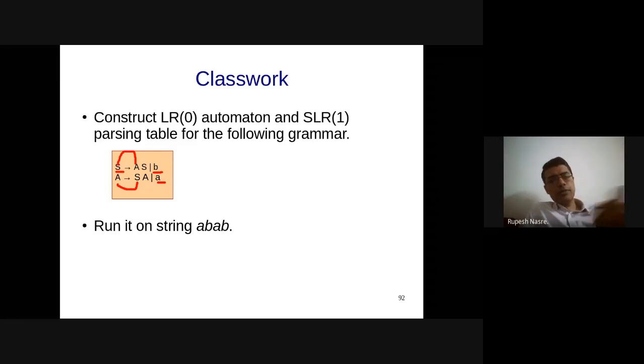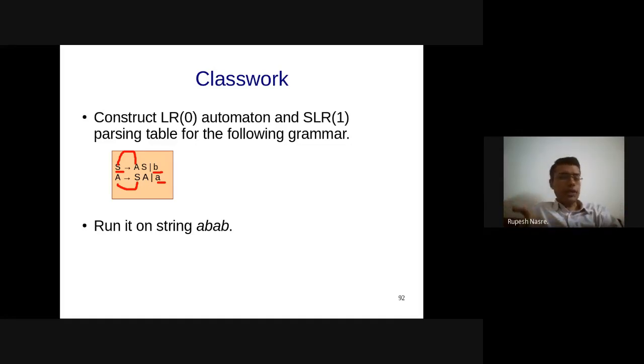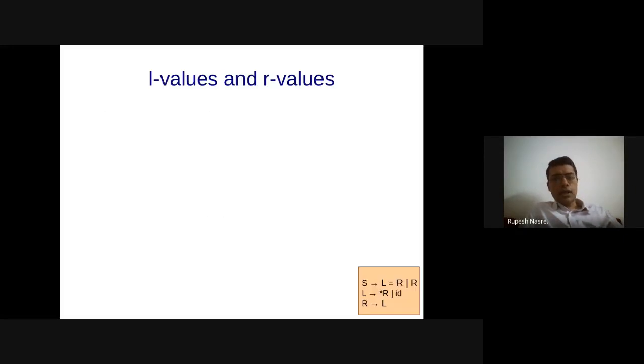Once we have the parsing table, we can run it on ABAB, which means that you start from I0. If the next input symbol is small a, what happens? That is the state you go to, apply that particular rule, either it is shift or if there is nothing and so on. I think ABAB does belong to this language, so it won't be an error state. So how it happens and how the accept happens, that we have to see. So I suggest that you try that out. We'll try one more example maybe in the next class.